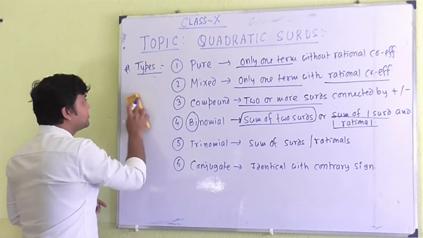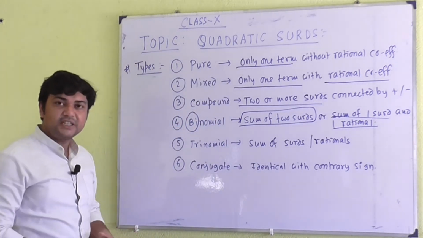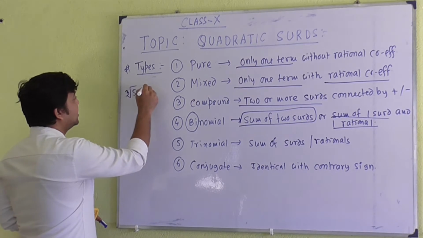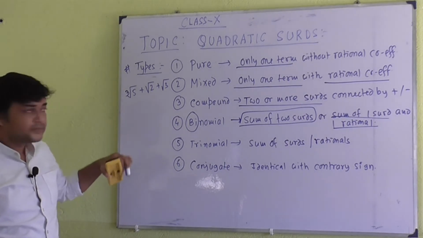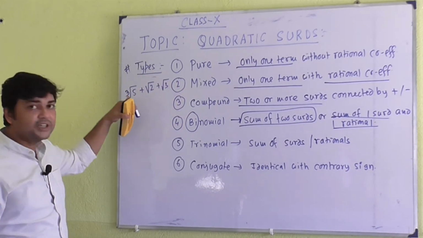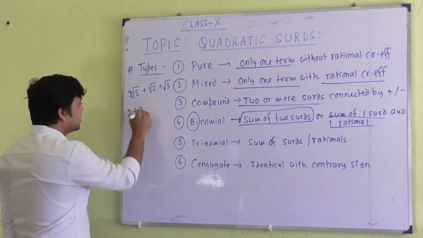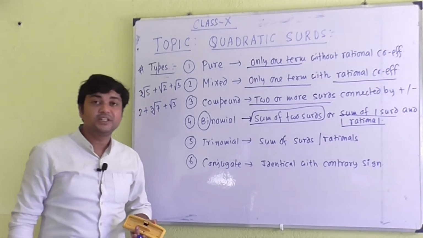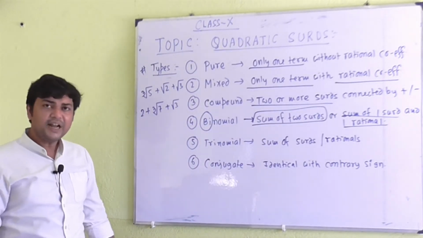Okay. Next we will go for the trinomial surd. As usual, trinomial means three terms will be there. Here, we can take an example like cube root of 5 plus root over 2 plus root over 3. Three terms are there. It is a surd, it is another surd, it is another surd. So three terms are there. That's why it is a trinomial surd. Or in another way, you can take 2 plus cube root of 7 plus root 3. It is another example of a trinomial surd. Here you can observe two terms are specifically surds and one term is a rational number.